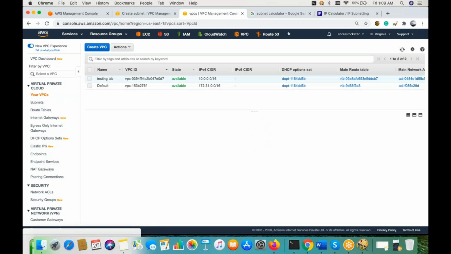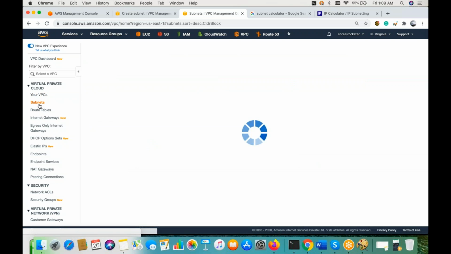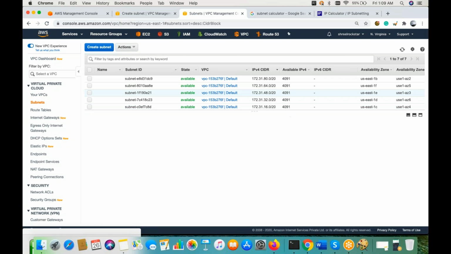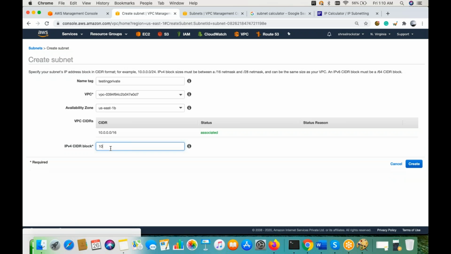So like this, we have created a 10 series. AWS already has the 172.31.0.0/16, right? Now, if you go to subnet here, inside this VPC I have multiple ranges available, which AWS has created, and you are getting multiple IP addresses according to that. So if I create more subnets like this, I can have more IP addresses on different ranges, right?